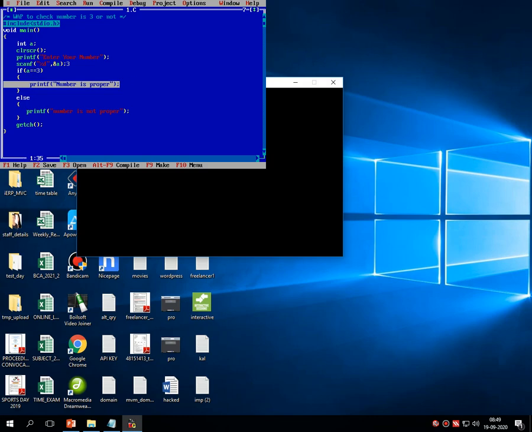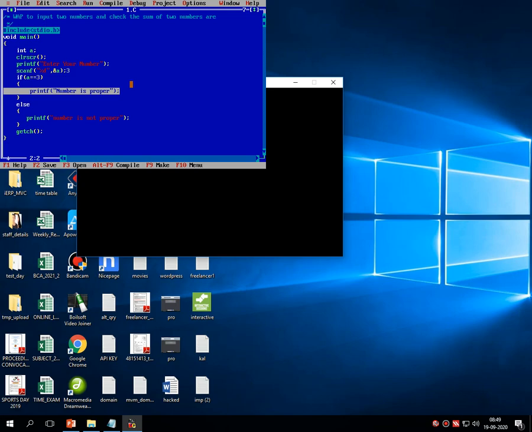Then here I am giving the commenting section. Write a program to input two numbers and check the sum of two numbers are, let me put one space because it's a very long definition.